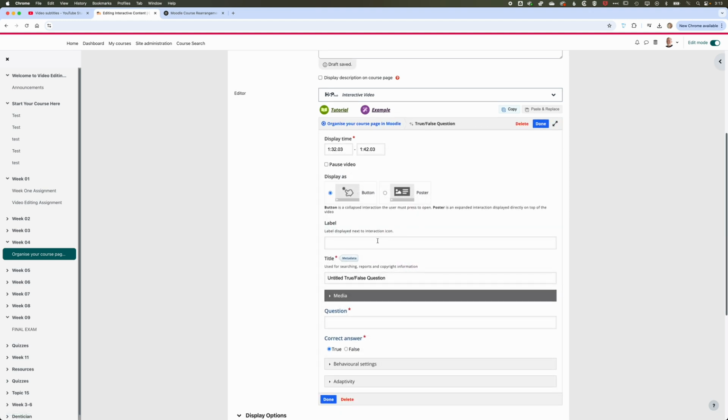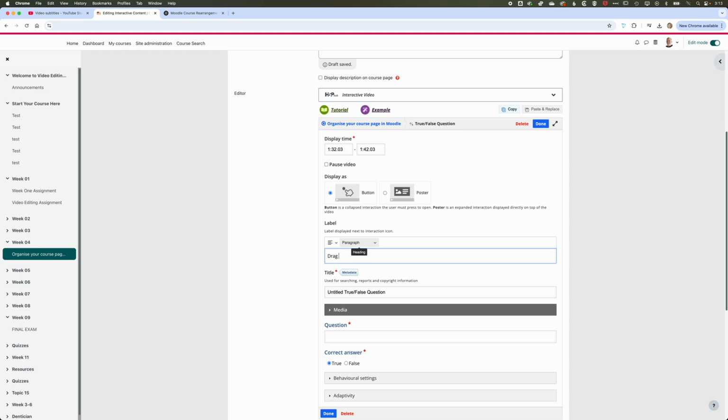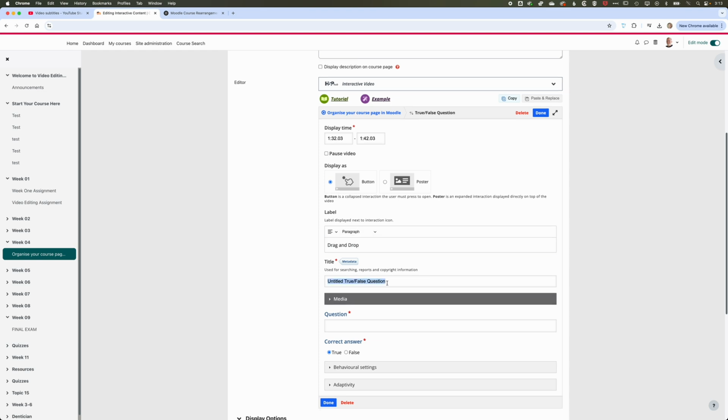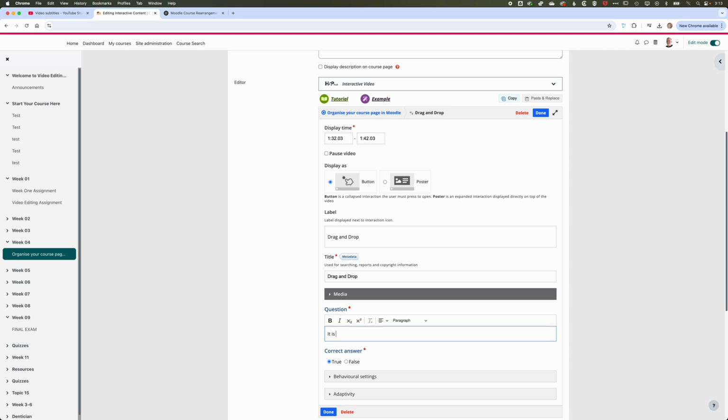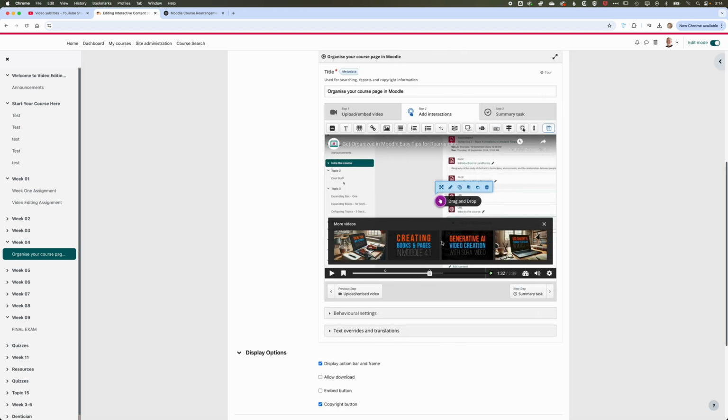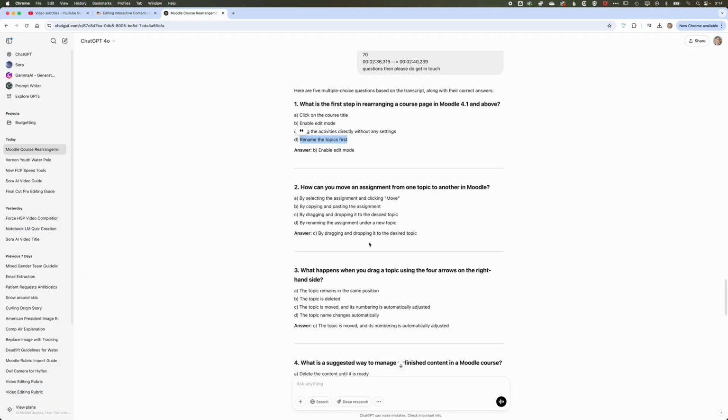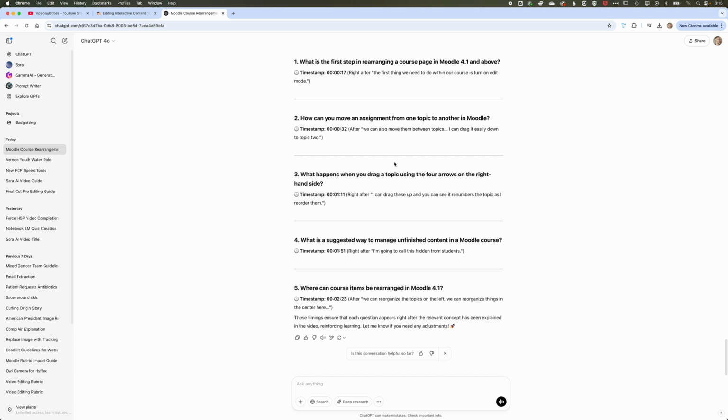true-false questions. So we'll call this drag and drop, have that as the question title too. So we'll have our statement as it is not possible to drag and drop topics in Moodle 4.1. And this is a false statement. We'll click done. So now you can see we've got our true-false statement there. And then we'll come closer to the end. We'll add in another question. So we'll take this question 4, scroll up,